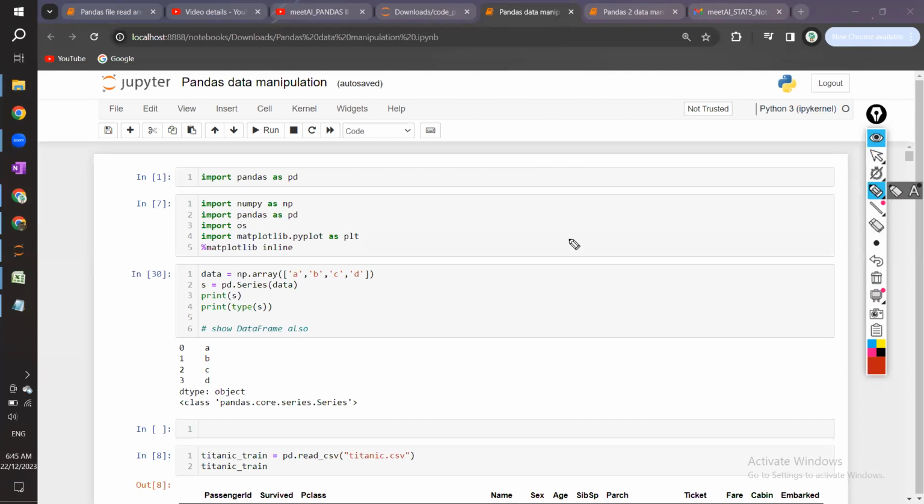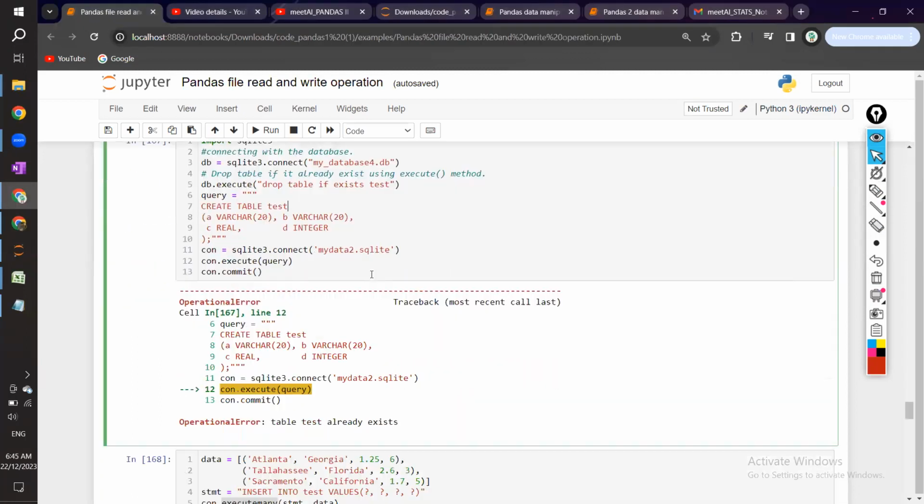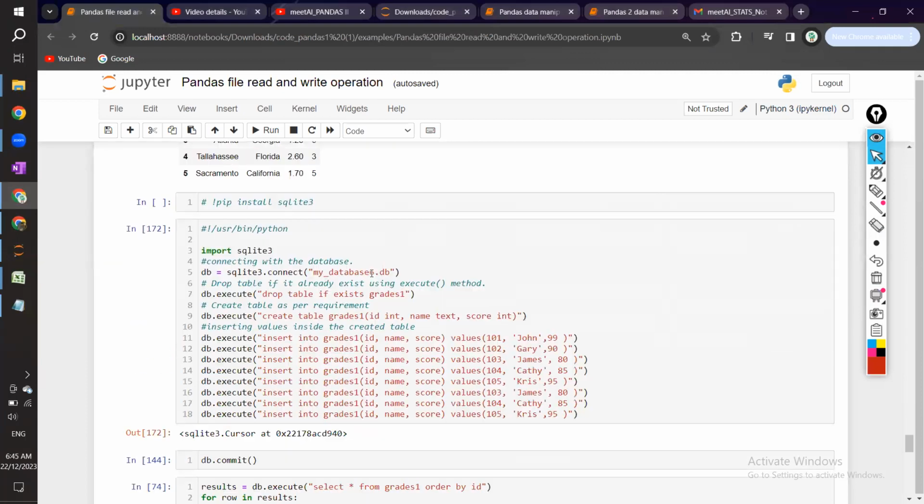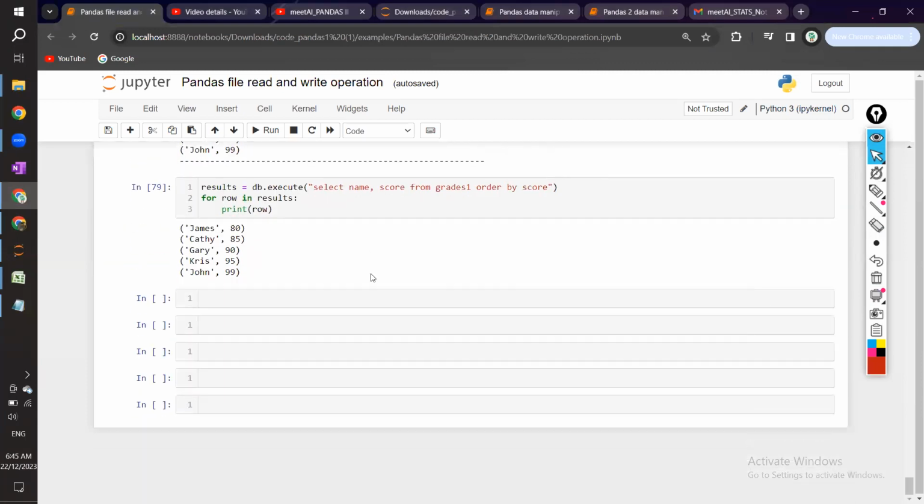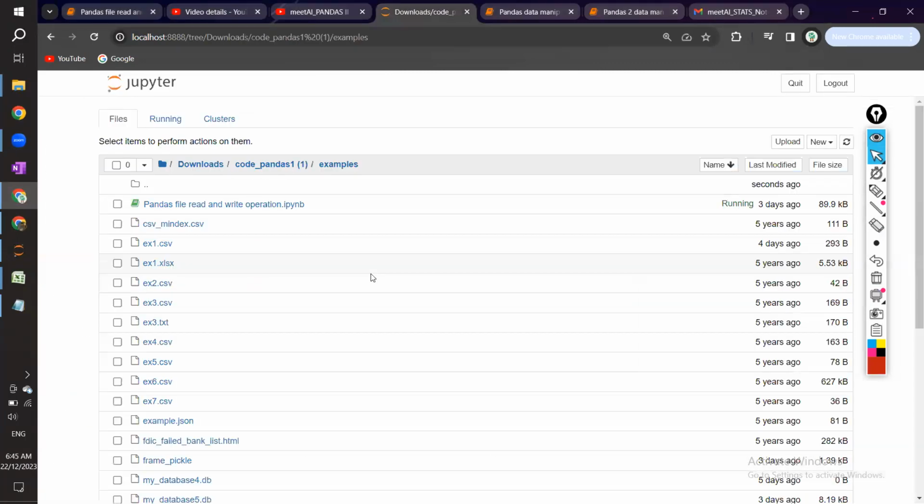So in the last class, we have seen interacting with the databases, right? How you can interact with SQLite using the library sqlite3, and we have also seen how to create a table, insert some records, use some commands, right? So now let's see